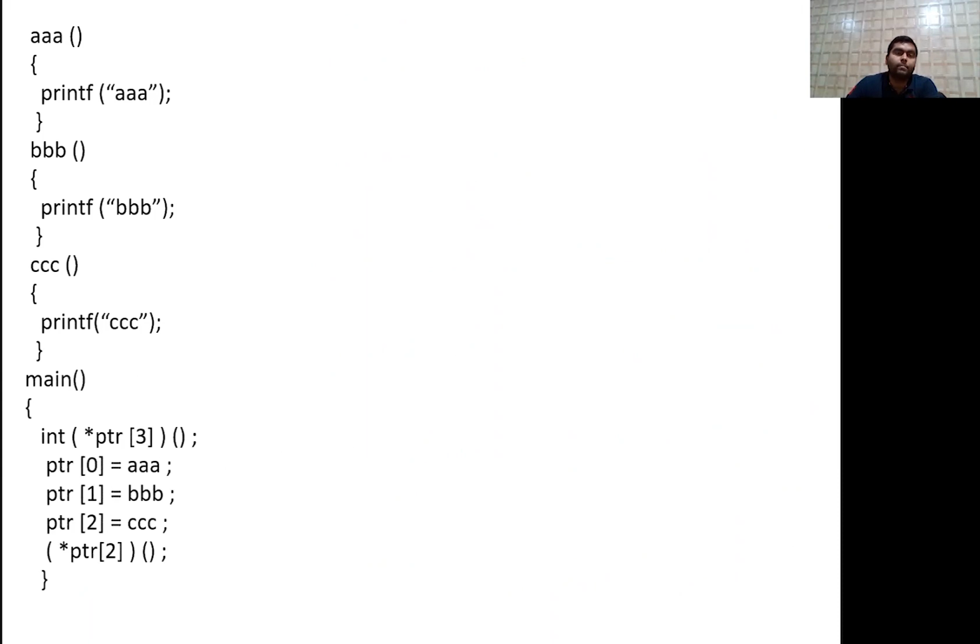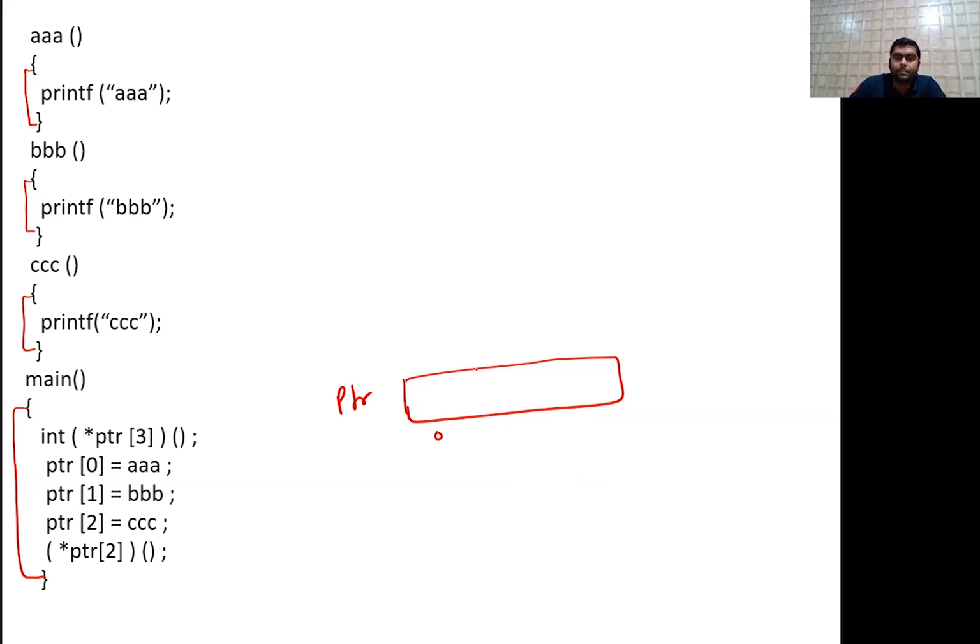Next is a program. So observe very carefully. There is an AAA function which will print some value, a triple V function printing some value, and a triple C function printing some value. This is the main function. Here star PTR of 3 means PTR is an array of 3 elements, which will point to 3 functions.